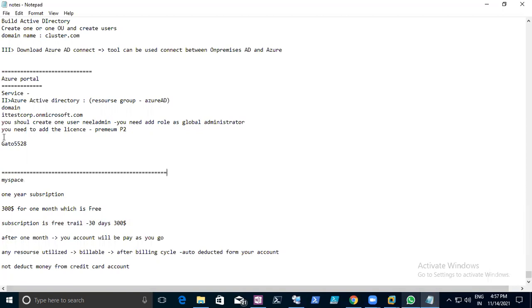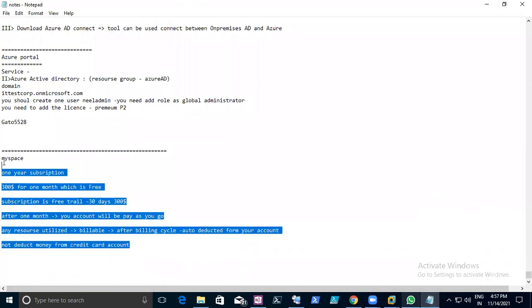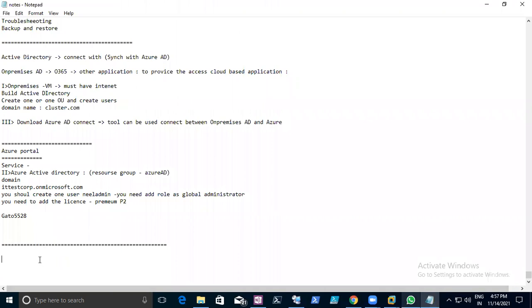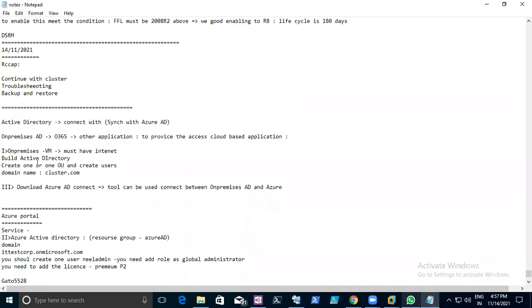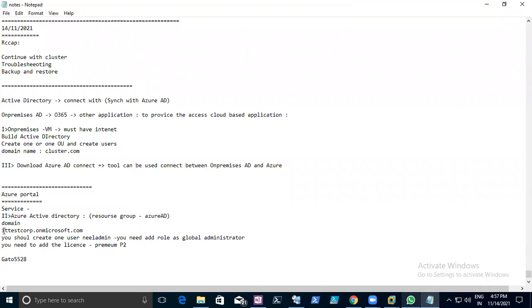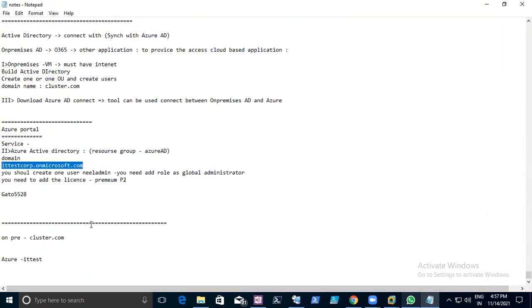Okay, now to summarize what you are making here: on premises, the domain name is cluster.com, right? And in Azure, it is ITtestcorp.com, right?